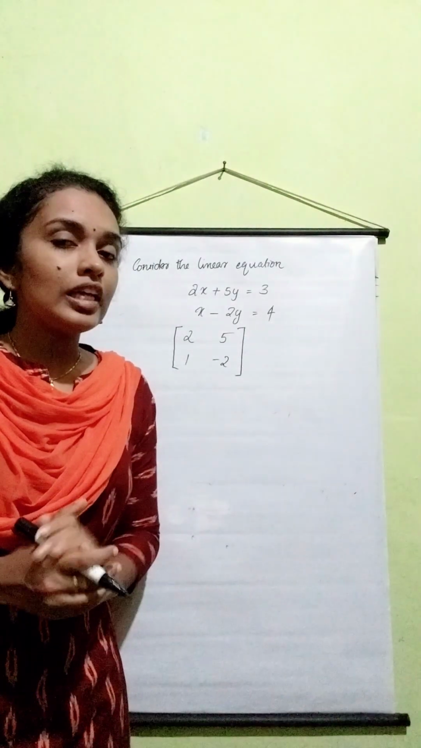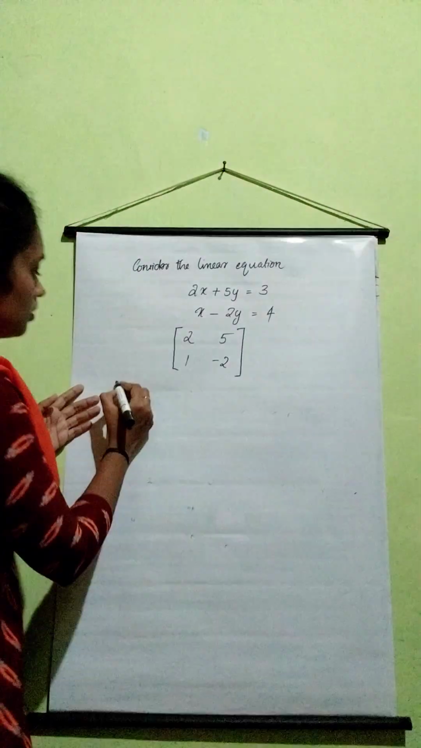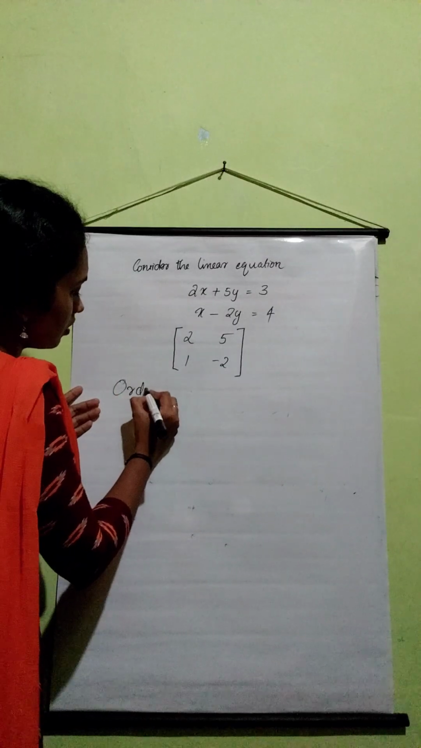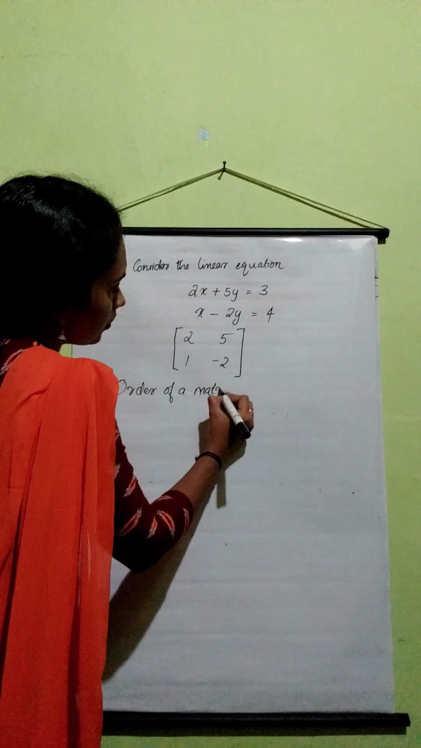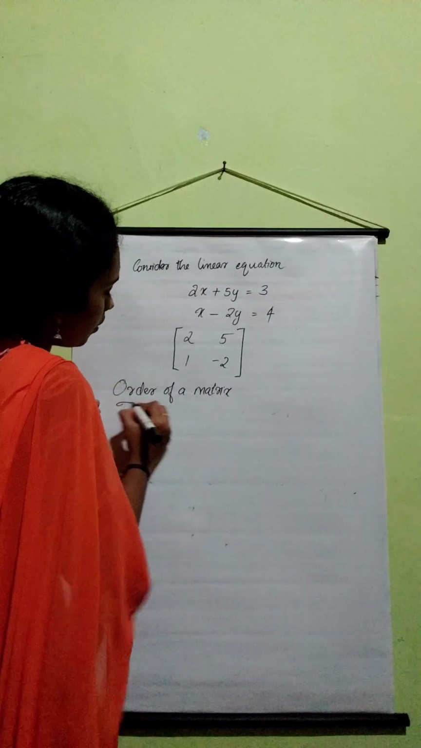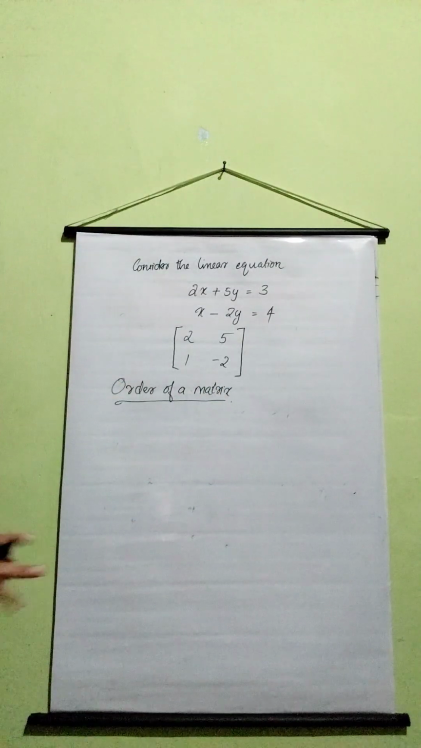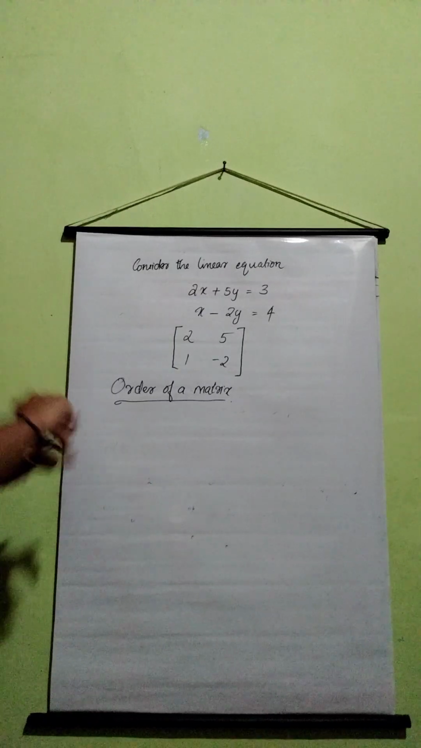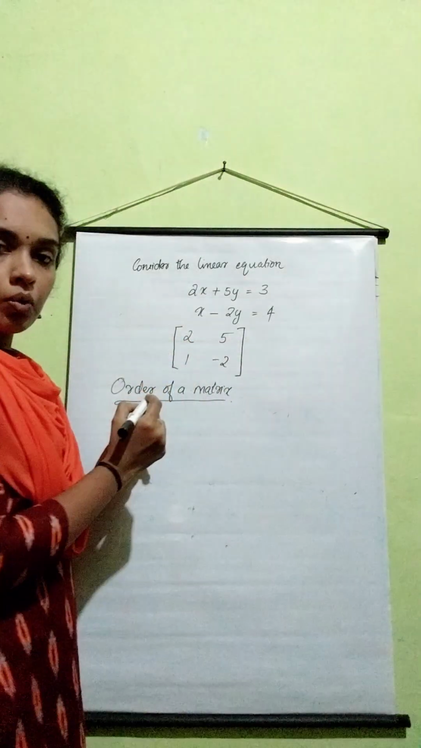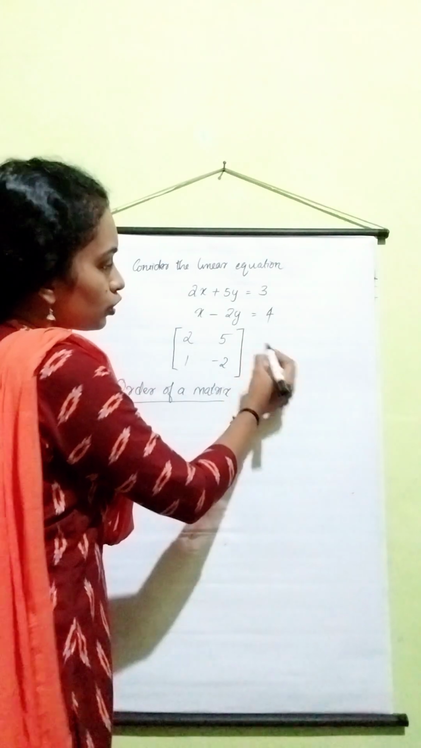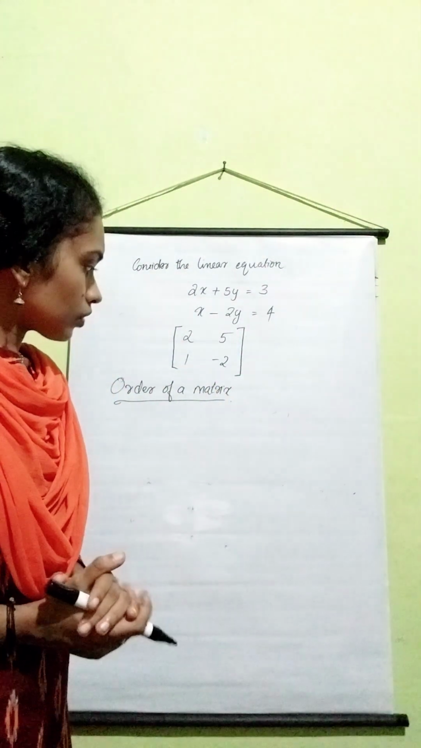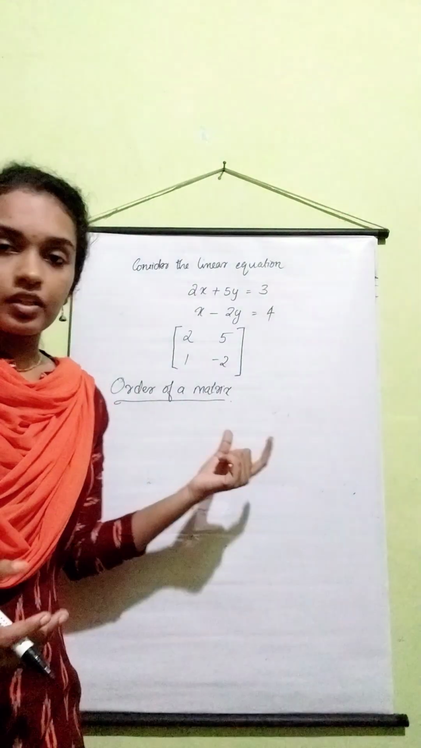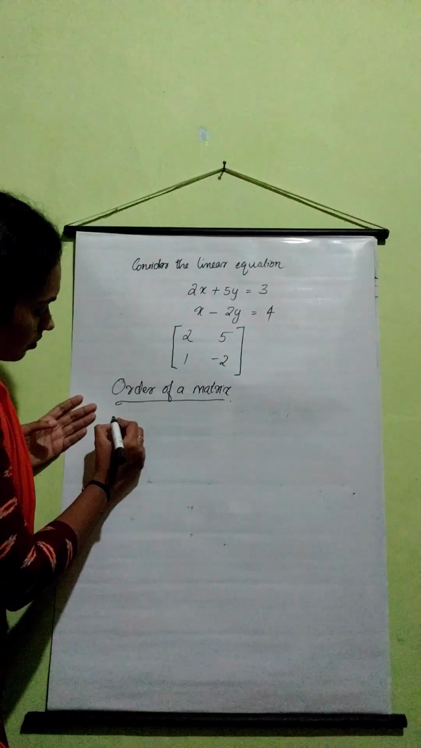Now, I am moving on to a new topic called order of a matrix. In this matrix, we have how many rows? 2 rows. And how many columns? 2 columns. So, for defining the order of a matrix, the definition is